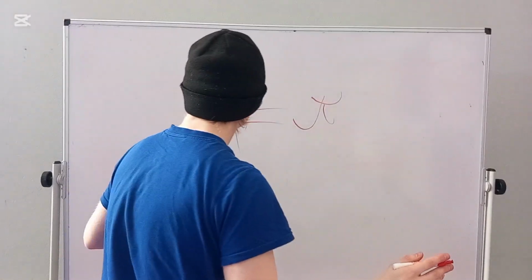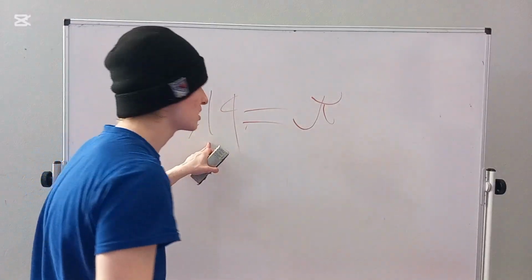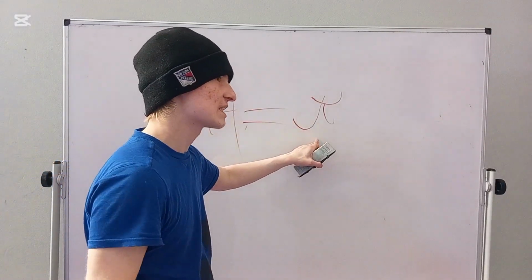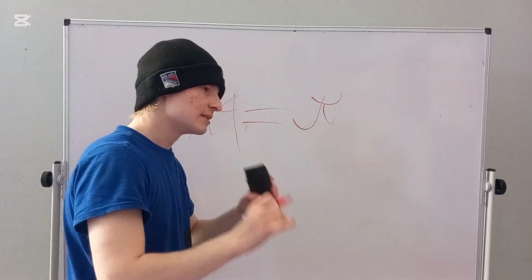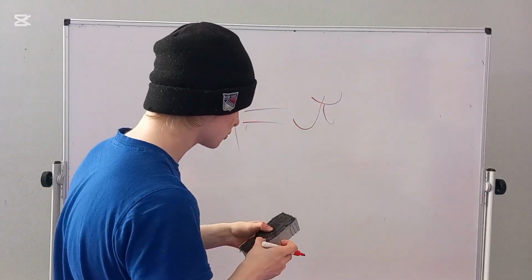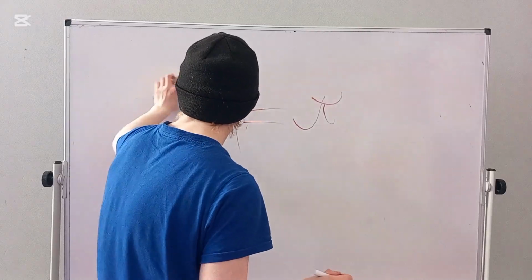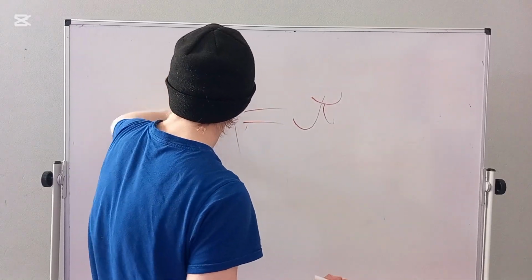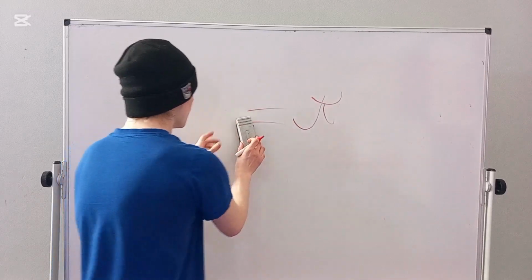It depends what you want. This gives about the same answer. This is just more complex, and it gives the most right answer. So now that's all you need to know about pi,